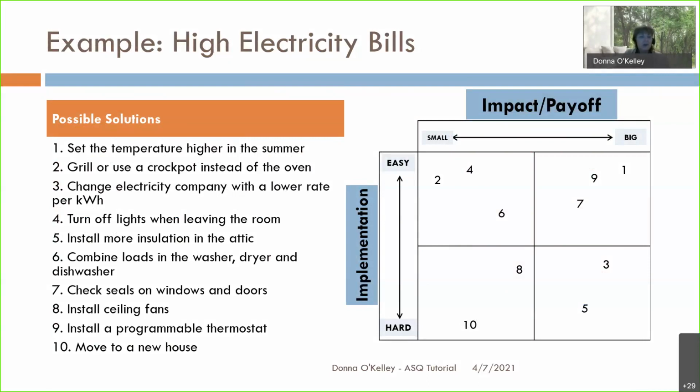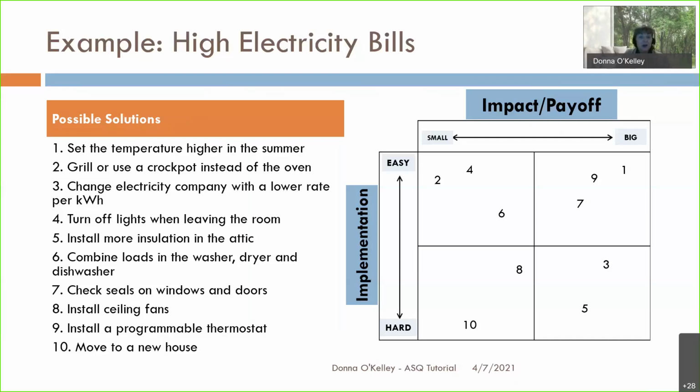The possible solutions that came up in a session with my students were: set the temperature higher, grill out or use a crock pot instead of the oven or stove, change electricity companies to one with a lower rate, turn off your lights when you leave the room, install more insulation in the attic,